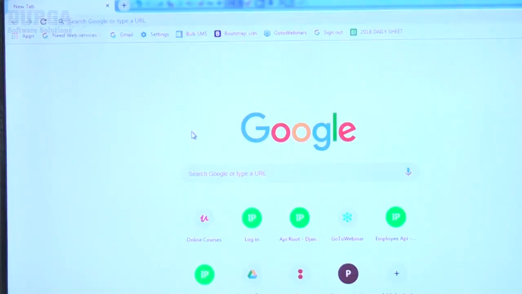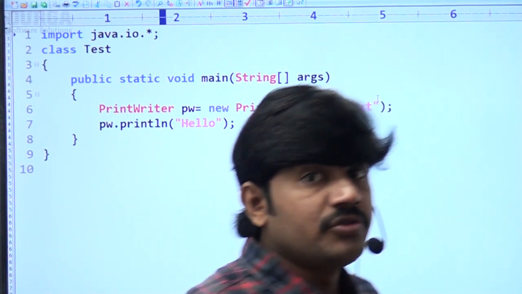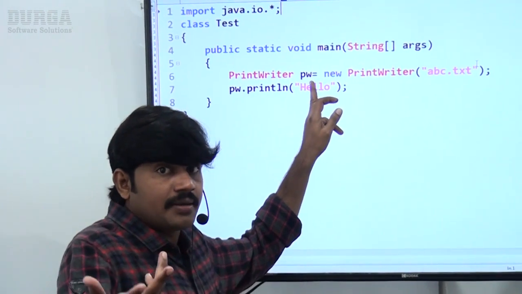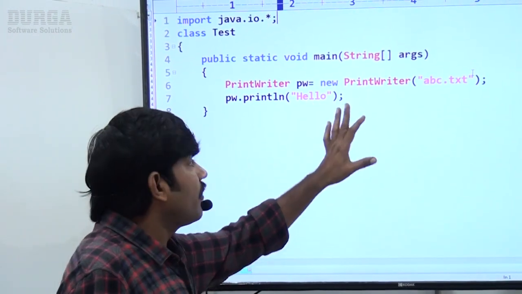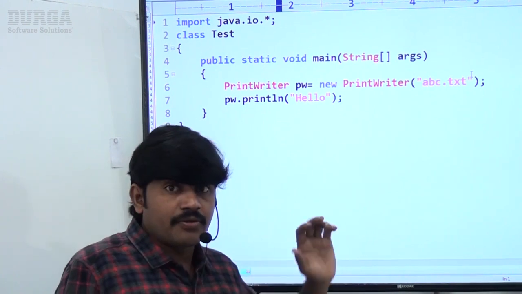Now let me compile this code, sir. javac Tester.java. Observe that very carefully. Durga, there is a possibility of FileNotFoundException. You didn't report about this exception. How can I compile this code? Like this, a compile-time error by default you are going to get, sir.